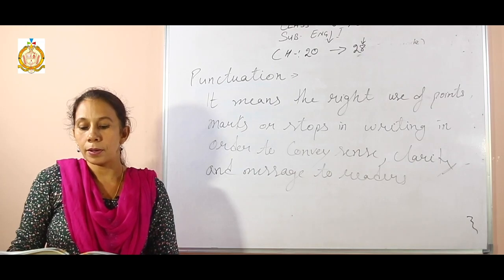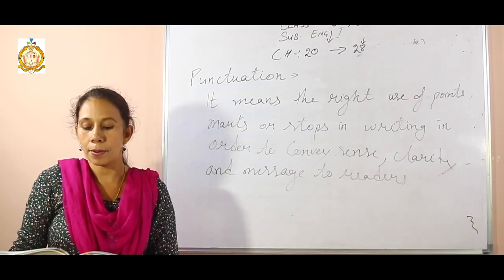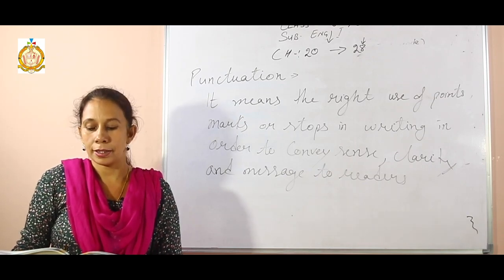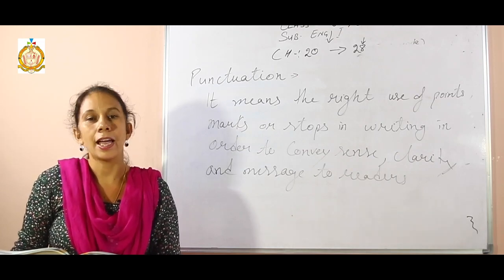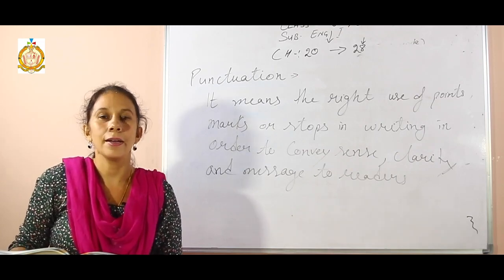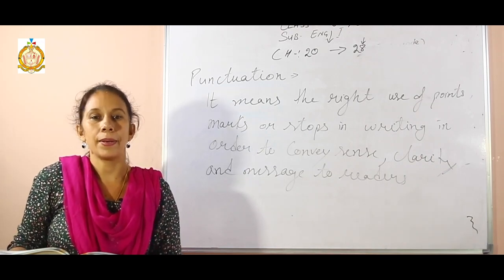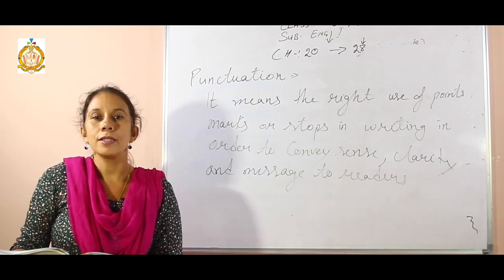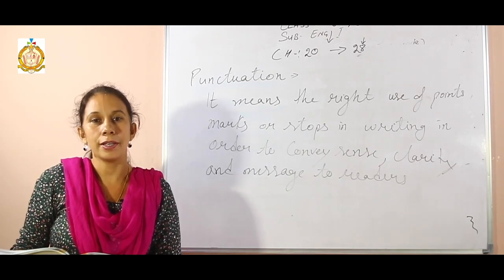And also write the pronoun I and the interjection O with a capital, for example, "O, what a pleasure." There you can use a capital letter in interjections and in pronouns. And lastly, for degrees and titles. MBBS is a degree, and sir and madam both are titles given to humans. So you can use capital letters in titles and in abbreviations also. So my dear students, this is all in your punctuation chapter. Read it carefully and do your exercises.